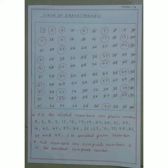Next, what I shall do? Next, I shall take the second number 3. I will circle the number 3 and cut all the other numbers which are divisible by 3. Divisible by 3 numbers are 6, then 9, then 12, 15, 18, 21, 24, 27, 30, 33, 36, 39, 42, 45, 48, 51, 54, 57,